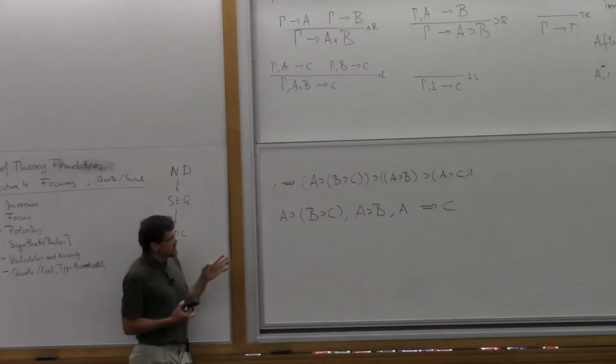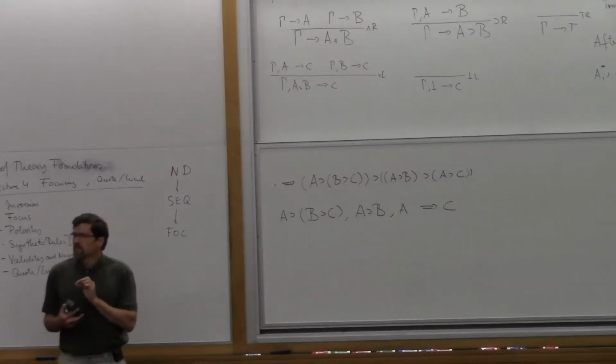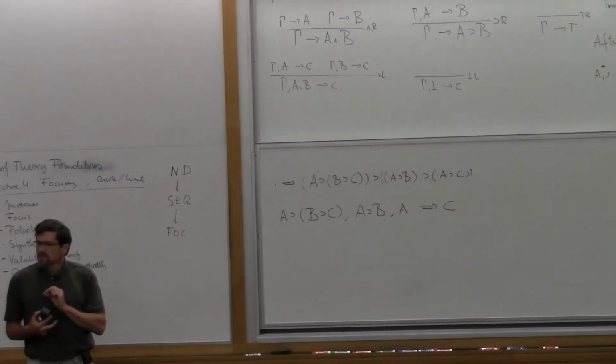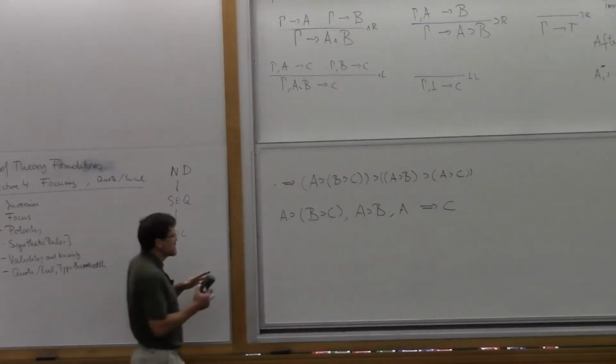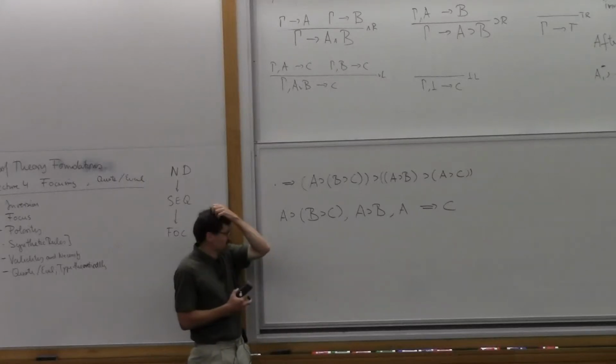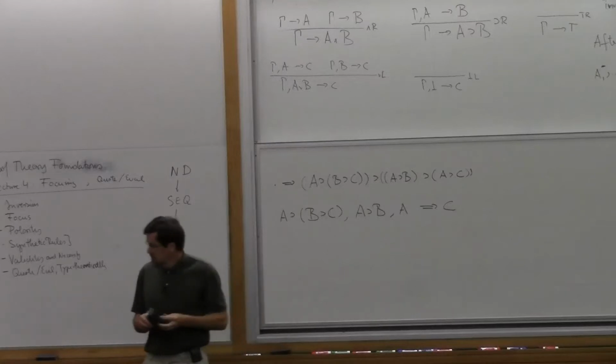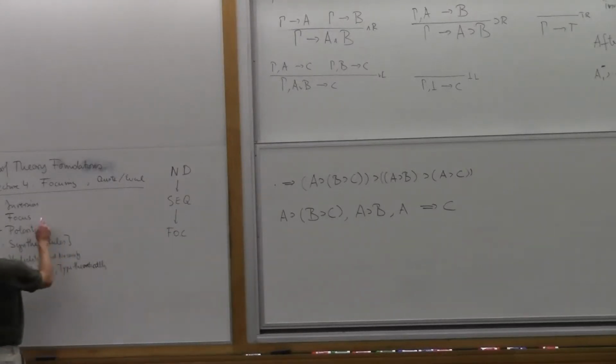Okay, so how we can arrange it, there's essentially only one proof of this. You can see that it would be a very nice reduction of the search space, right? If we were so directed that there's only one way to really prove this anymore. Okay, so the idea behind the focusing part, the inversion part we already did.